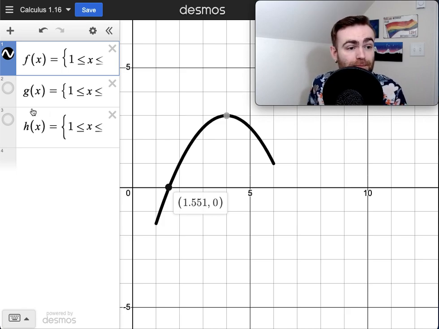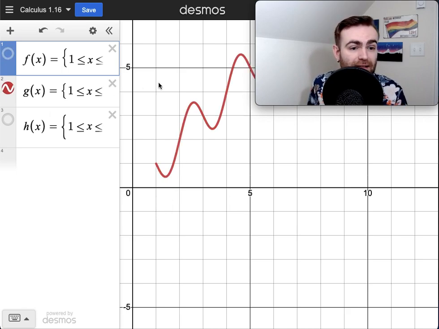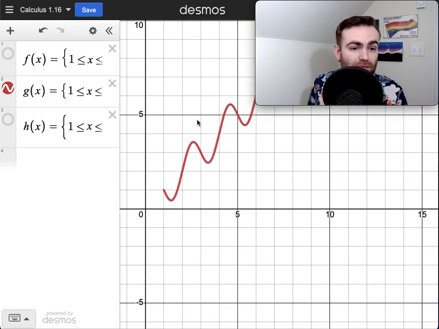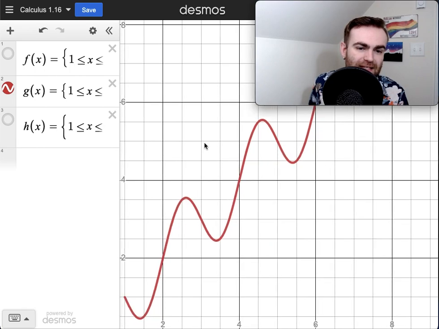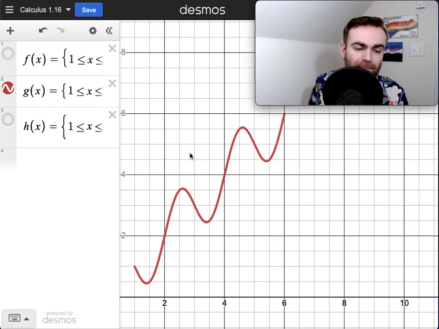So let's look at a different function. Let's look at this function here, which is a very pretty sine curve that is increasing over time. A little interesting. So this is sine of x plus x. So at 1, the function outputs a 1, and at 6, the function outputs a 6. So 1 outputted a 1, 6 outputted a 6,